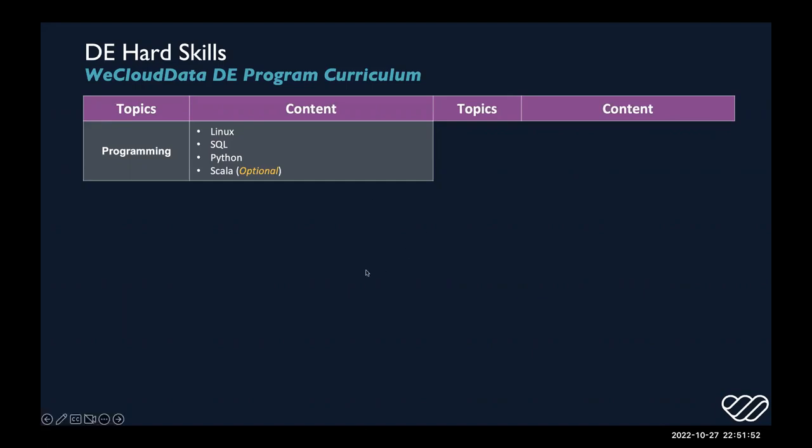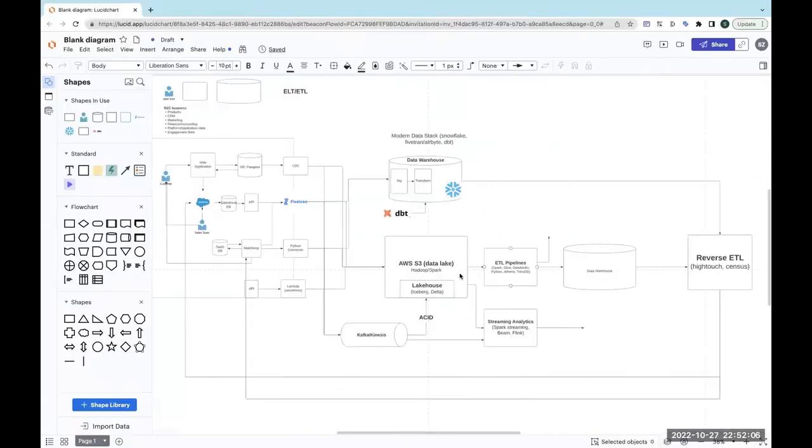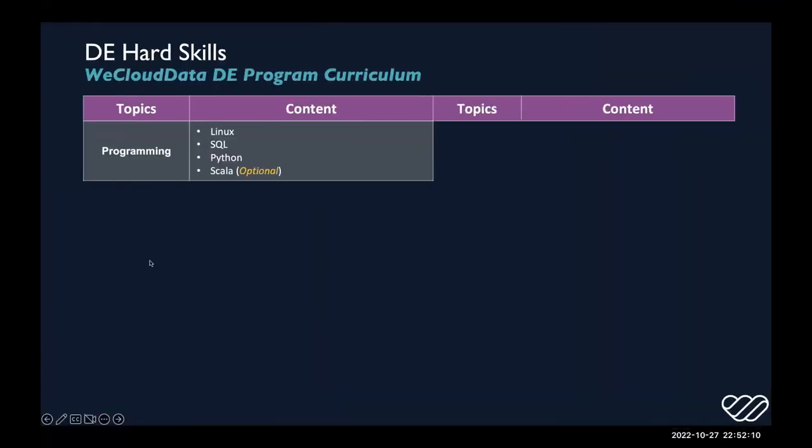So that's why, from a learning perspective, we recommend the students to learn as much as possible. But of course, learning too many tools sometimes can be very overwhelming and confusing. So working on some sort of end-to-end data project will be very helpful, right? From a programming perspective, we would recommend getting familiar with Linux, right, operating system, the basic command line tools, and